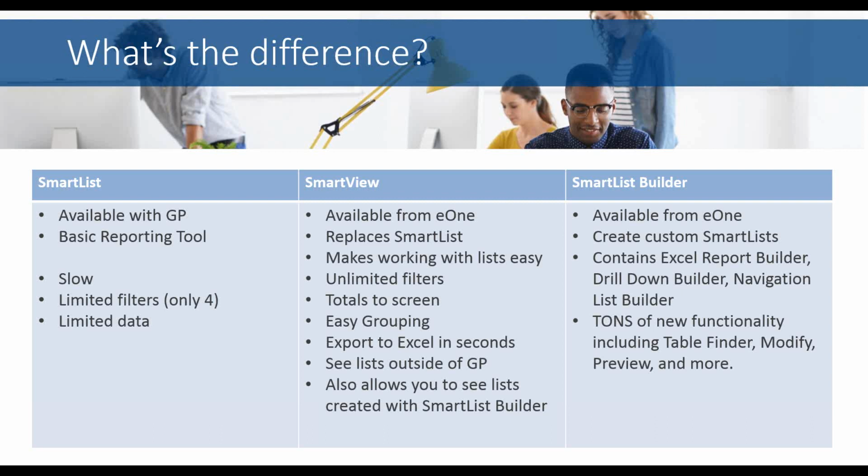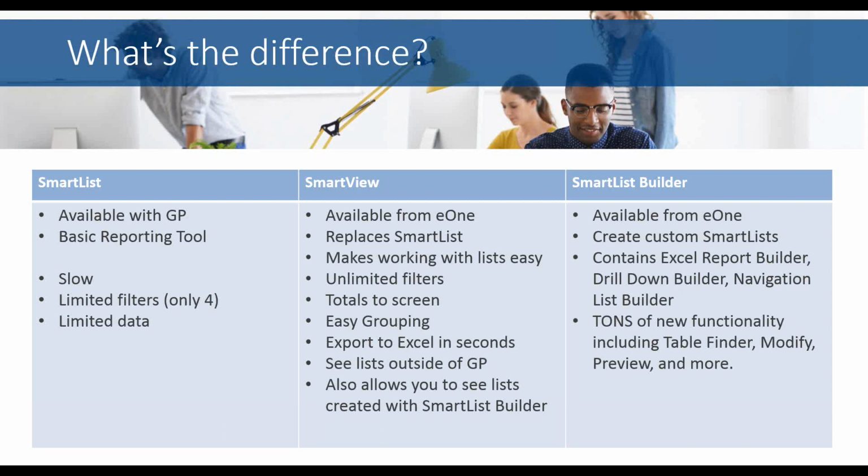those reports. Smartlist Builder, on the right-hand side, again, is available from E1. So I would guess the vast majority of you on the call have Smartlist Builder already, and you know that you can create the custom smart list that you need, meaning you can choose where you want to pull your data from. Maybe you want to pull that data from different tables in GP. Maybe you have a third-party table you need to pull some data from, and you can create just the smart